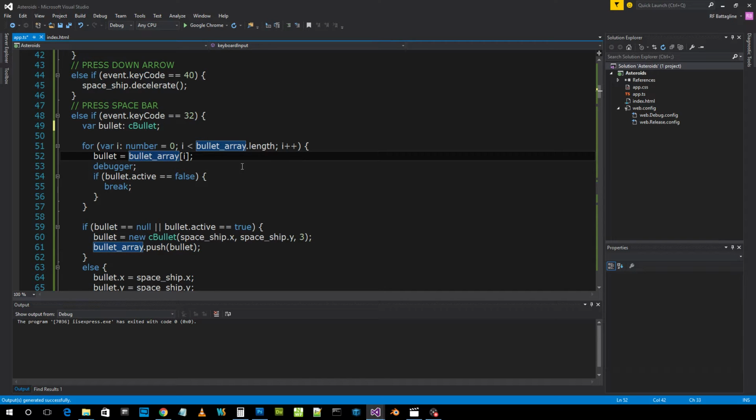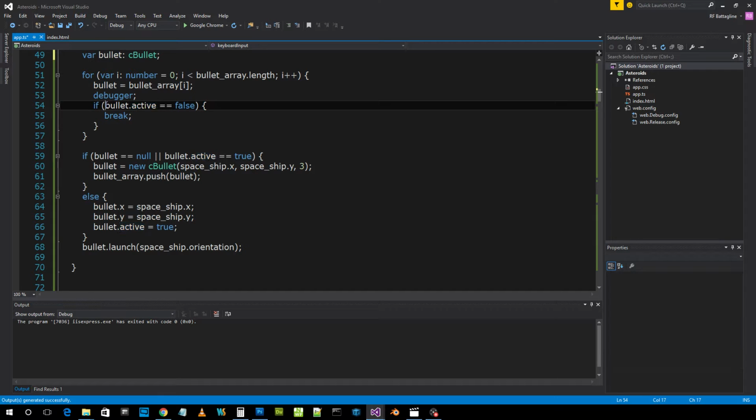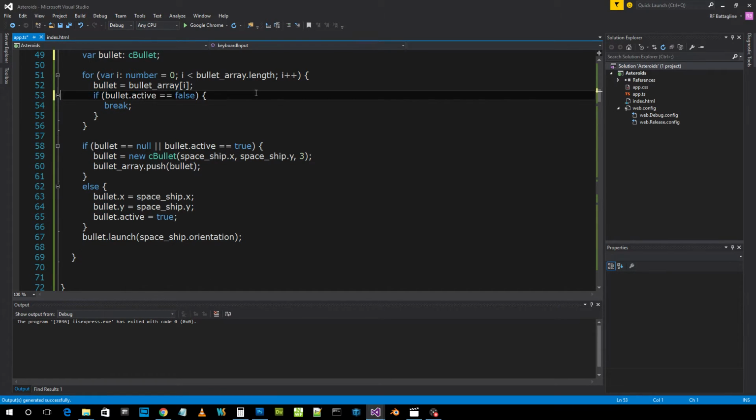So the first thing we're doing is looping over the bullet array that already exists, and we're looking to see if we've got a bullet that's not active. Because if it's not active, that means it went off the screen or something like that. Maybe later we'd have it actually destroy an asteroid and become inactive. But it's no longer in use. It's no longer being rendered or anything like that. So if we find one that we're not using, we're just going to break. And break means we're going to bust out of this loop, meaning that this guy that got assigned here must have been inactive. So then down here, we're checking: is the bullet we found active, meaning that it just went all the way through and each one was active no matter what,